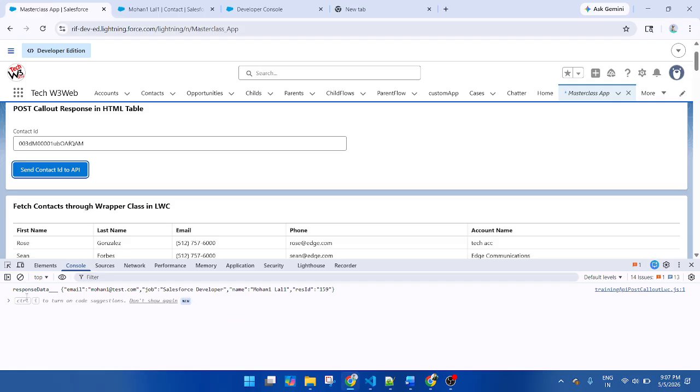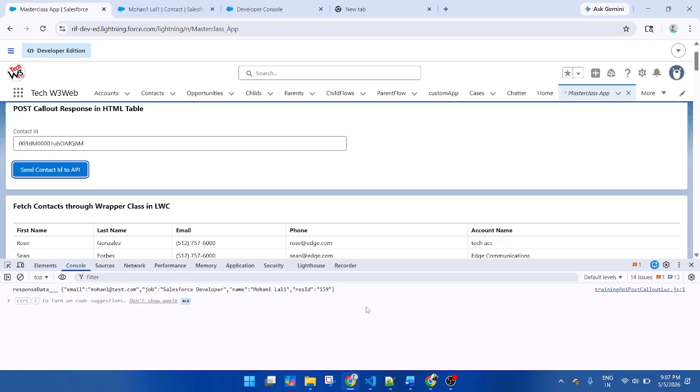Yes, you can see this is my response data variable, and the return value is displayed here. I am passing only the ID and the API returns email, job, and name, with first name and last name both, and this is a response ID, 159. That is the external ID, right? Yes, this is the external contact ID.